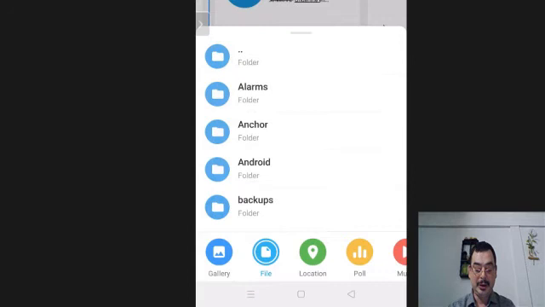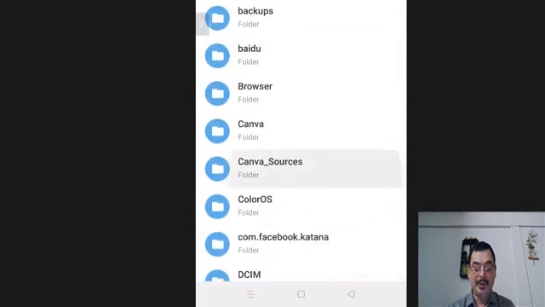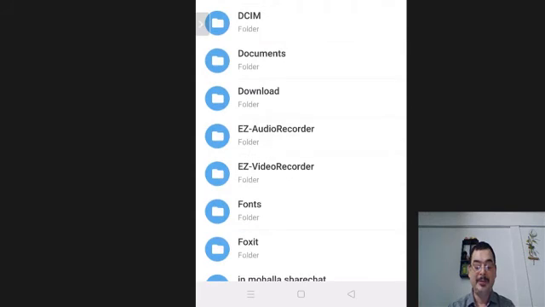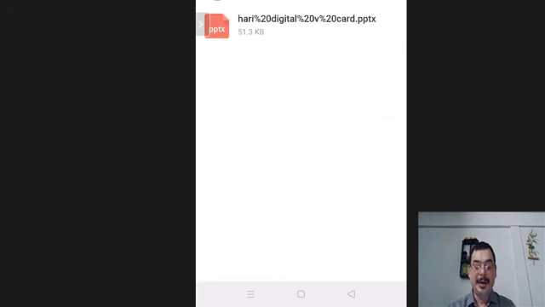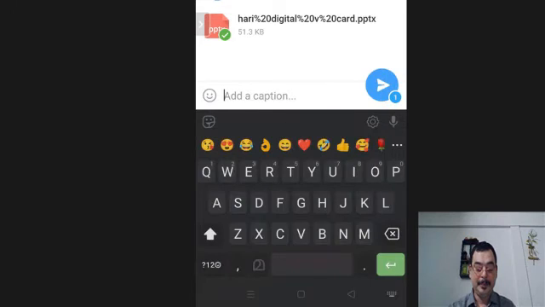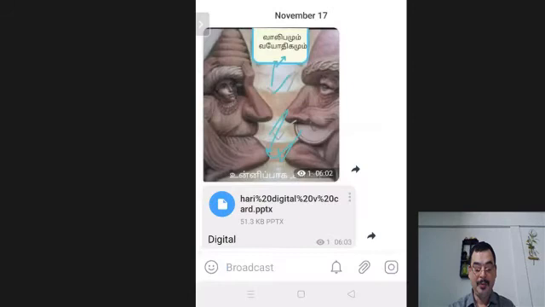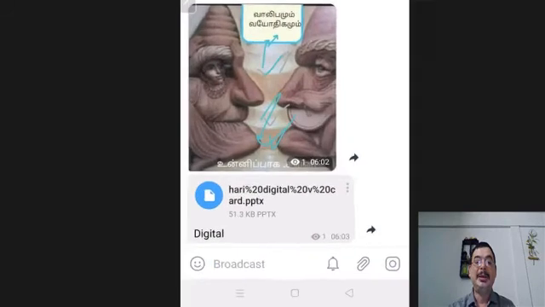If I say internal storage, it will ask you for which place the file is. If I select documents, and I want to share the document, I select the document, and if I want, I can add a caption here, digital, and say send. You can see the file has been sent.